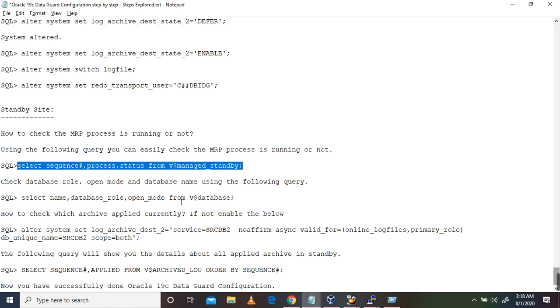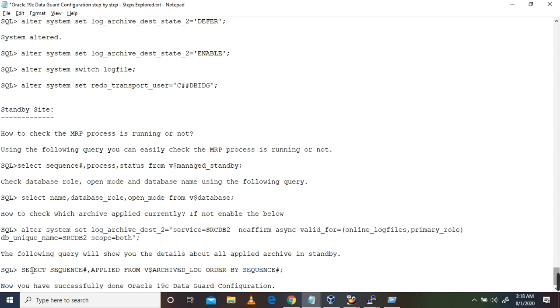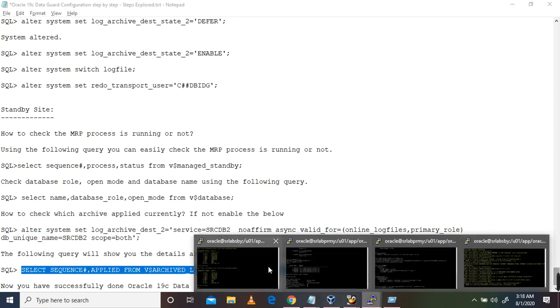If the standby side is not applying logs, we need to enable this parameter. And also you can check this query to see whether it is getting applied or not on the standby side.